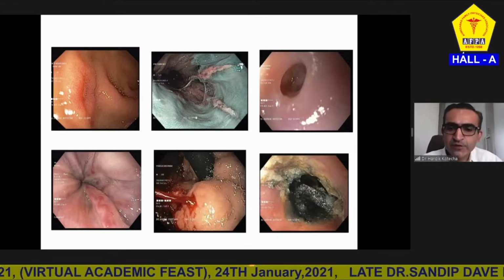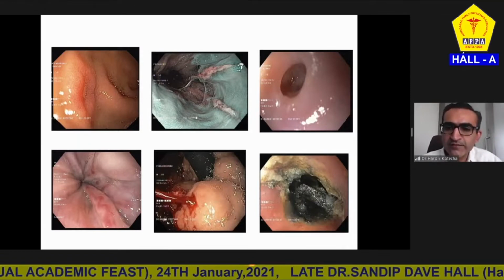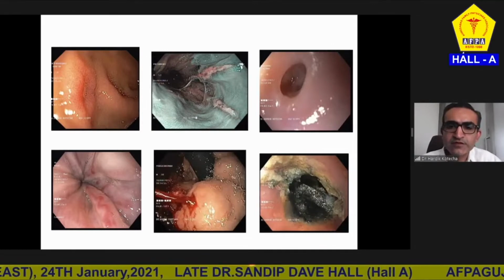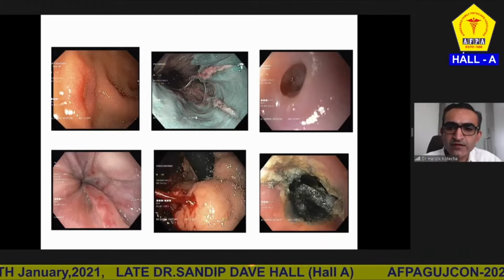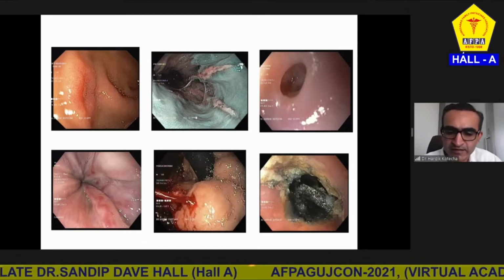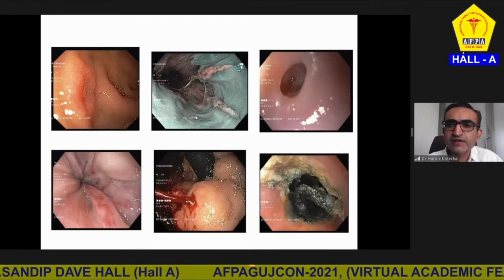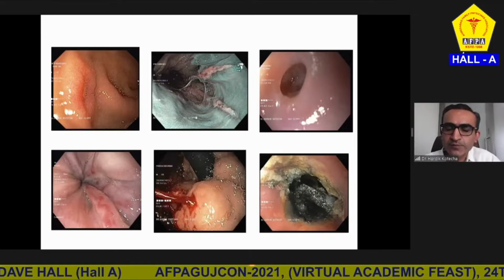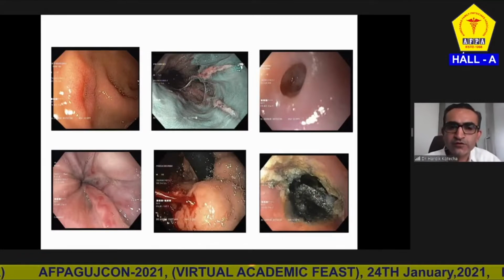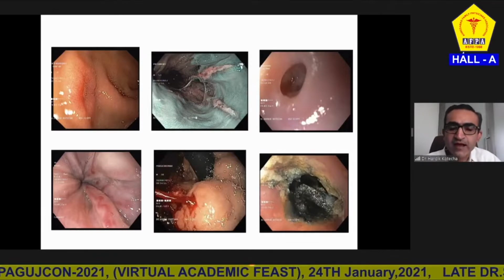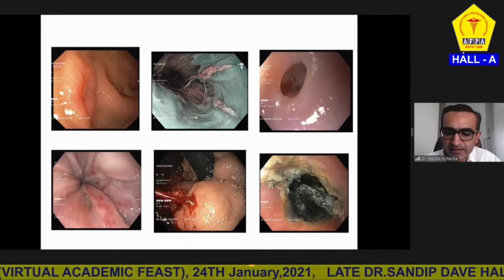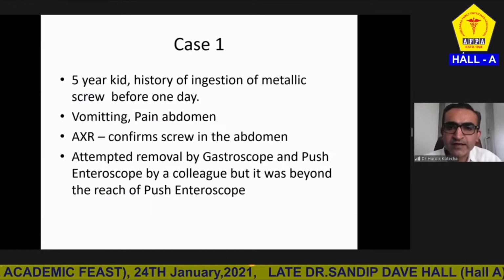And the sixth image is showing a button battery in a small kid which was swallowed accidentally while playing. The button battery has caused corrosive injury because of chemical reactions in the esophagus, and it has caused burns in the esophageal mucosa extending till the submucosa and the muscle layer. So these are routine things which any endoscopist or a gastroenterologist attends to by endoscopy or colonoscopy and ERCP. I would like to highlight two new modalities with the help of a few case presentations which I have treated in the past decade or so.